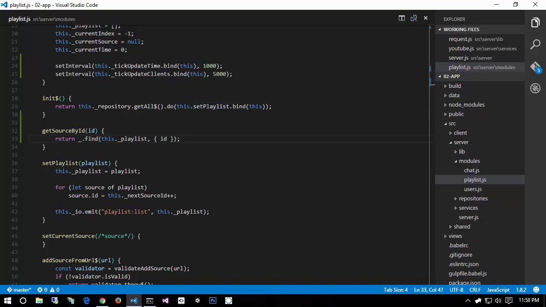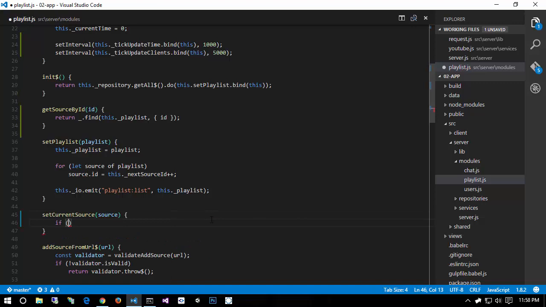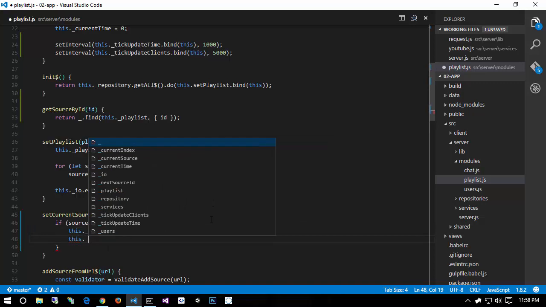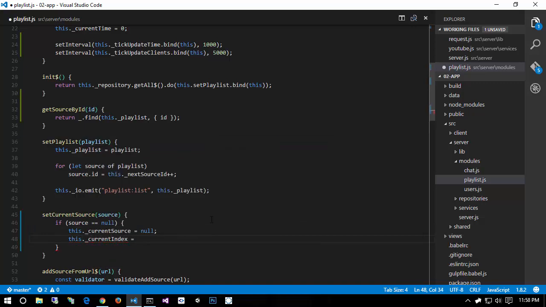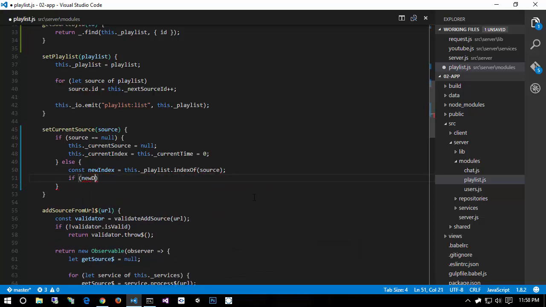So now that we've done that, let's go ahead and set our current source. How does setCurrentSource work? Well, it's going to take in a source as a parameter, and then I'm going to say if source equals null, then this current source equals null, this current index equals null, and this current time equals 0. If the source is not null, then I'm going to say const newIndex equals this playlist indexOf source. If newIndex equals -1,